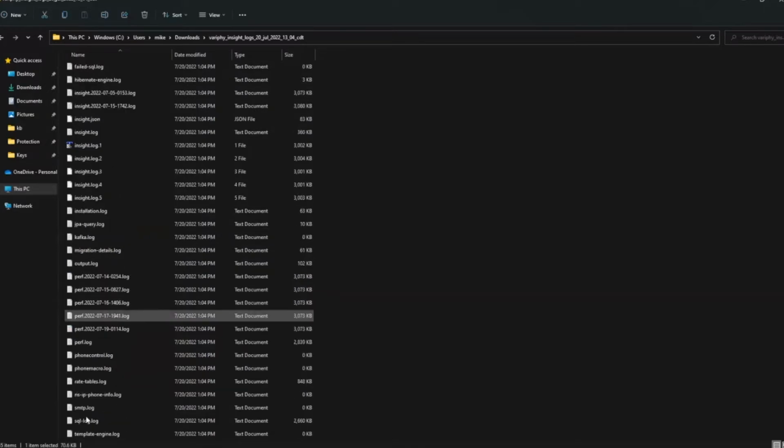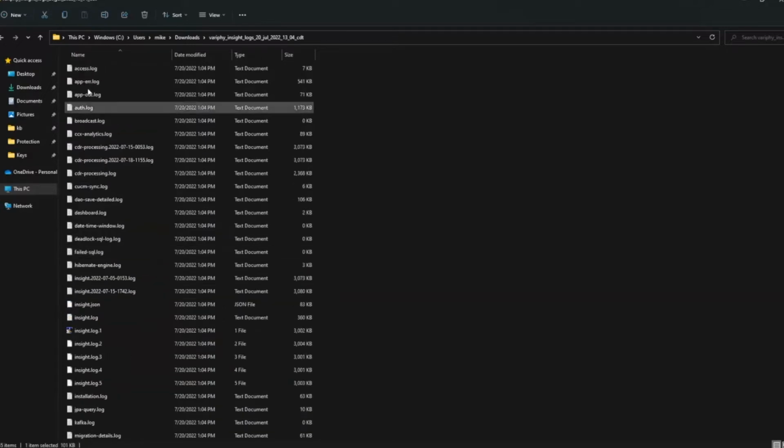There used to be an old log called output that was broken out, and now most of the contents are written here. So you'll see some generic errors or some output logging in these two. Authentication log, you're seeing more user attempts, kind of like the access log, but a lot of it is just seeing when people are navigating through the software. Broadcast, if you have the remote phone control feature and you're using the broadcast feature, you'll see some logging here.